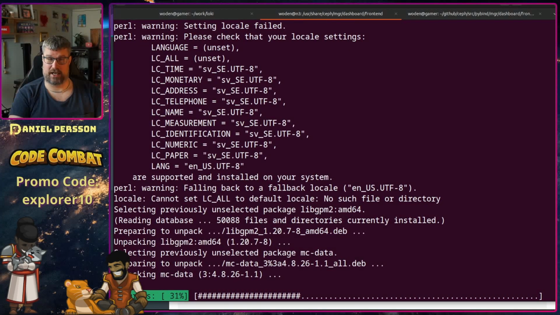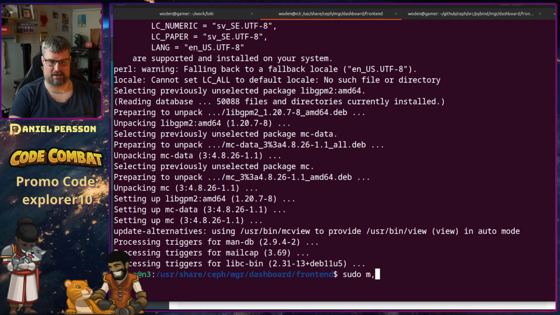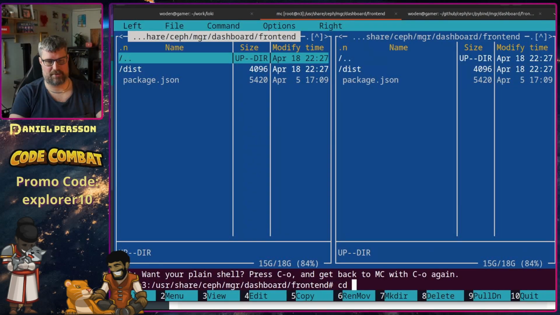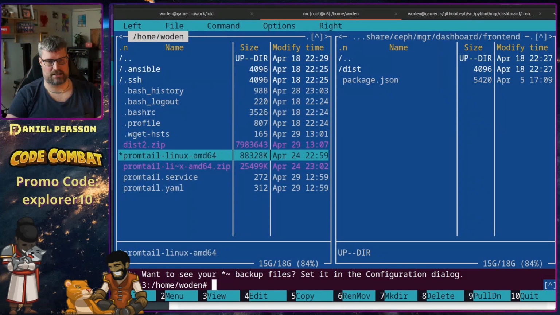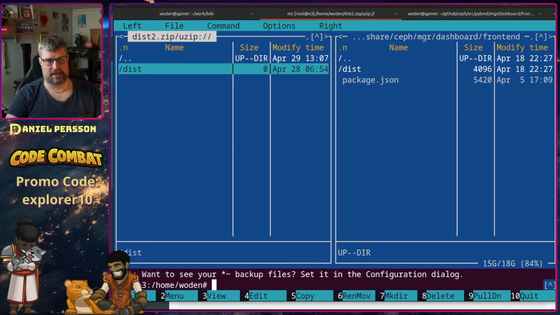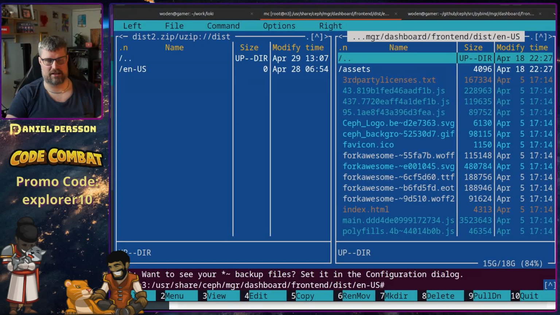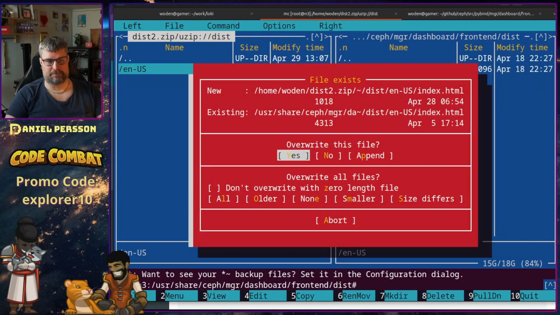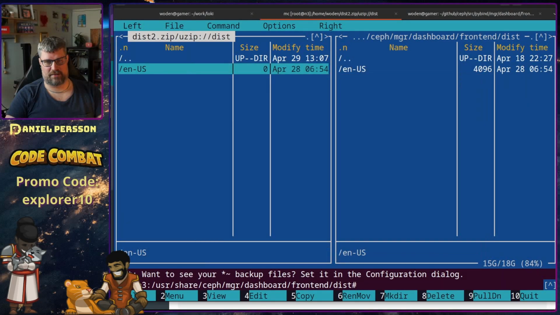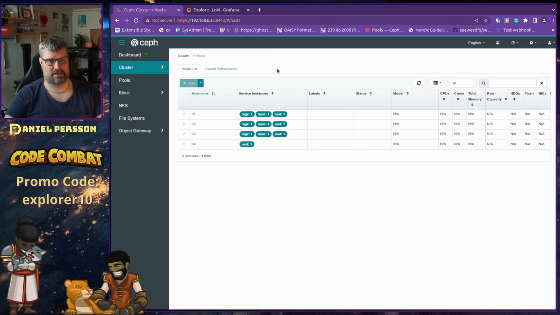So mc is Midnight Commander, very good thing to just handle files. So I will sudo that up. I will go to my home directory, and here I have this dist2 package that we created earlier, and in here I have all the files that is running in the interface. So I will pretty much just replace my dashboard now. And when I've run that, if we go back to my dashboard again,